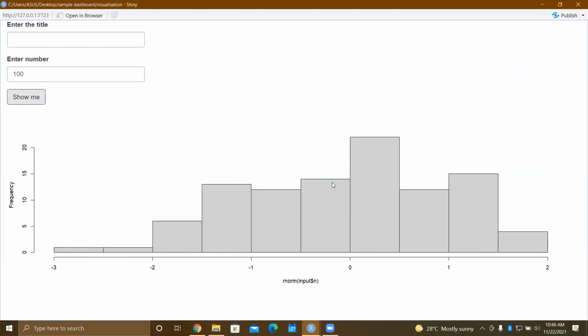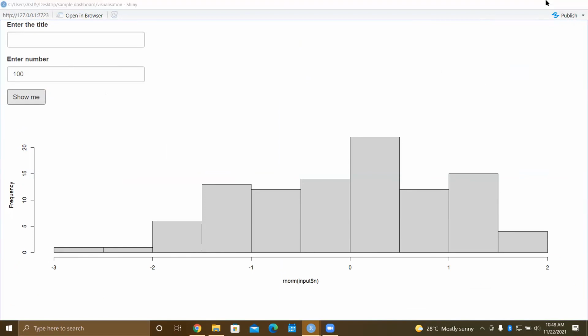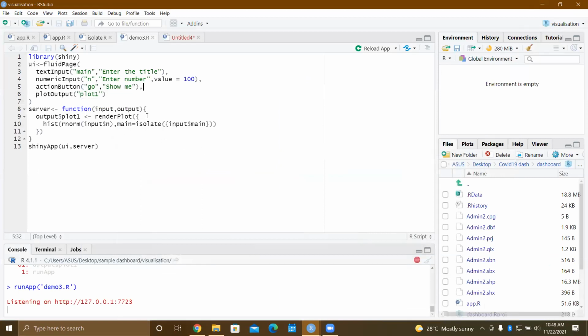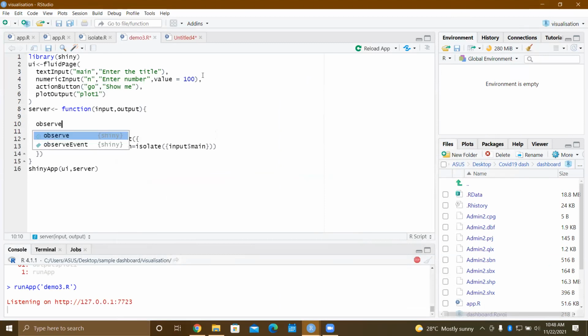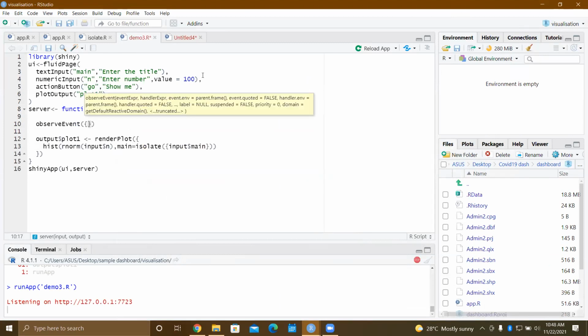But let's say the work of my action button is that when I click this button, only then I want to see the plot, not before that. So that is calculated by a function called observe event.